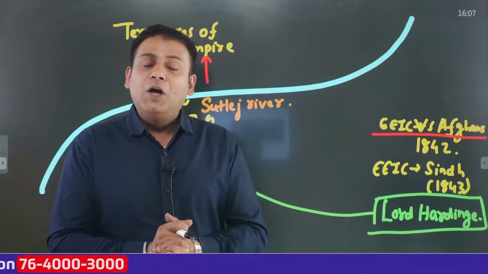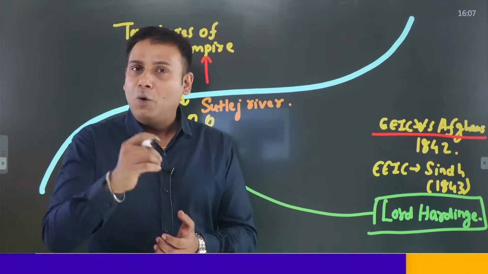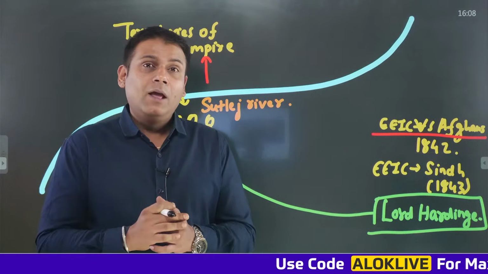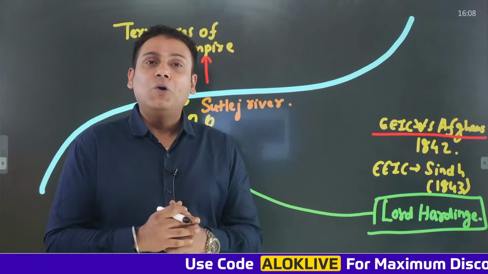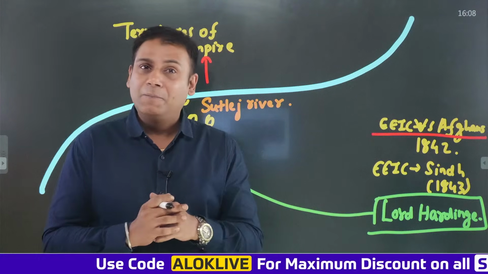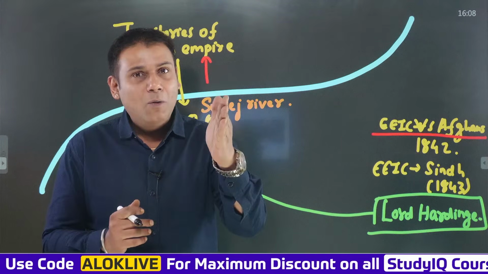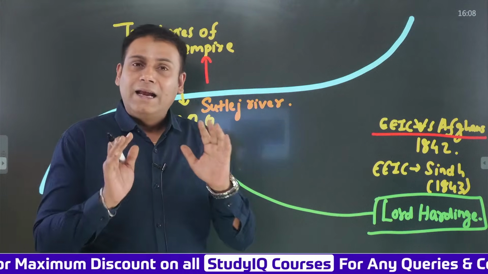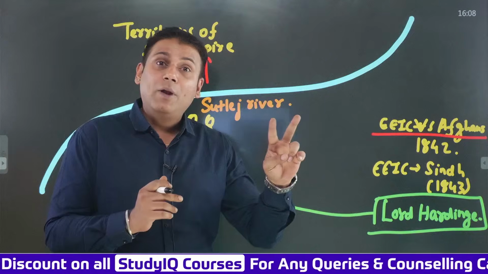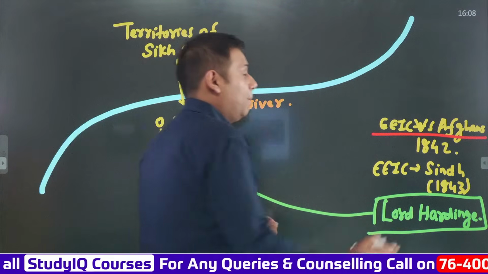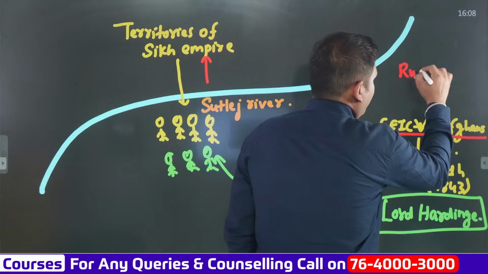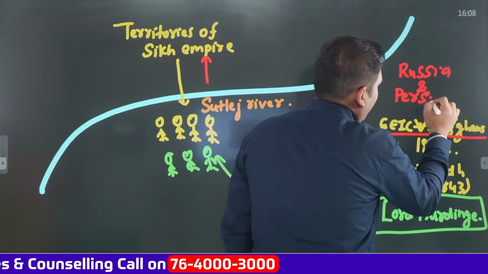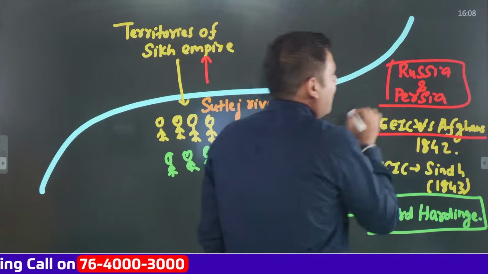The Durrani Empire was formed in Afghanistan, and the foundation of the Durrani Empire was laid down by Ahmad Shah Abdali. And there was another contender to the throne whose name was Dost Muhammad. Okay? And Dost Muhammad sat on the throne of the Durrani Empire. It is said that there was a treaty between Russia and Persia. Please understand this. There was a treaty between Russia and Persia, which is referred to as the Treaty of Turkmenchai. Okay?